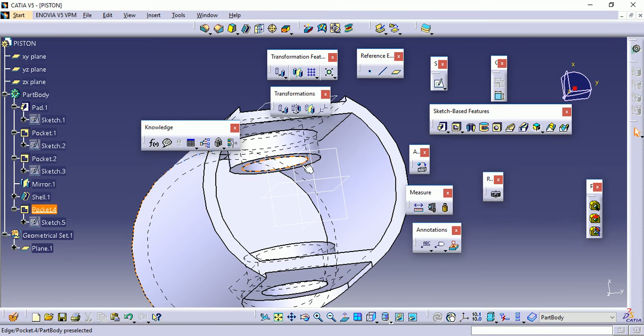Due to that reason, the contact stresses generated in this particular area are more and more during the course of functioning of the piston. Likewise, on this top edge here, the internal gases exert pressure during the combustion process, so this edge again has to be rounded, including these edges, because a rounded edge or a corner is less susceptible to